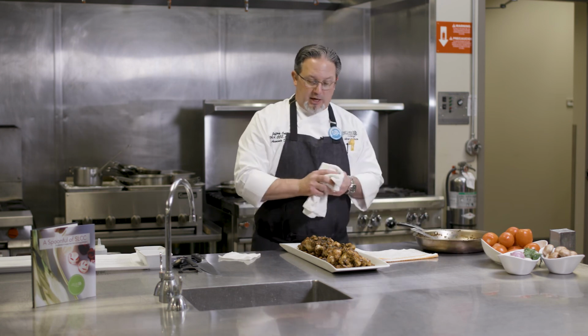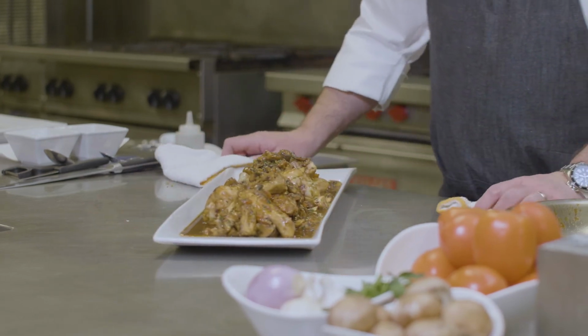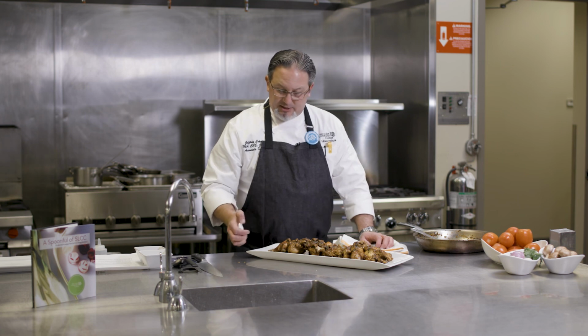Why not? Okay. So at the end of the day, what we have for you is our beautiful chicken chasseur that we started with our whole chicken. We cut it down into pieces. And as we get ready to serve this and plate this and sit down and have a nice meal together,